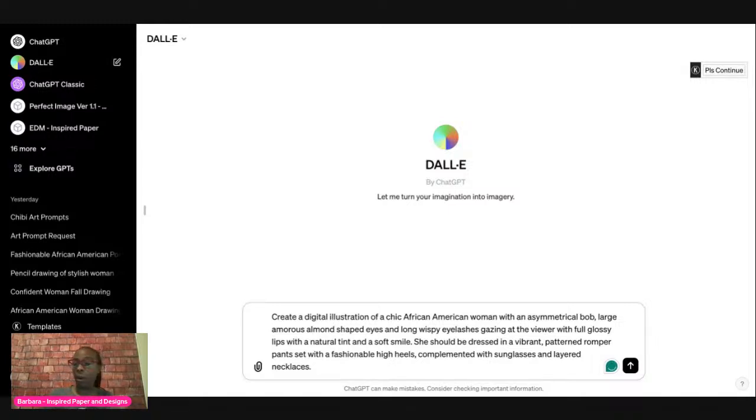What are we thinking regarding the background? Or we can just do a solid white background so that the focus is on the image. Either one is fine. And I'm just going to set it up.